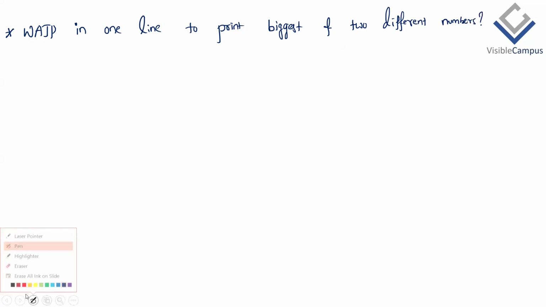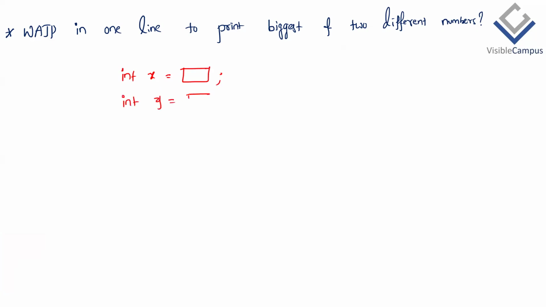So for printing the biggest of two numbers, first we need to have two numbers. Let me take int x equals first value and int y equals second value. What's ternary? First, condition. What's the condition? If x is greater than y,